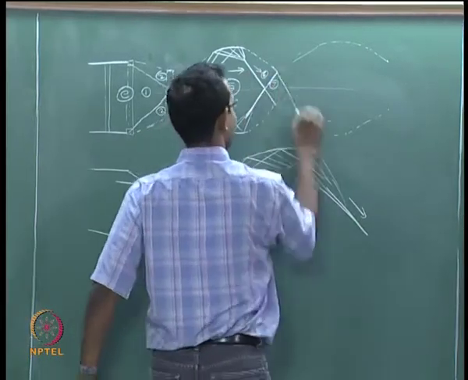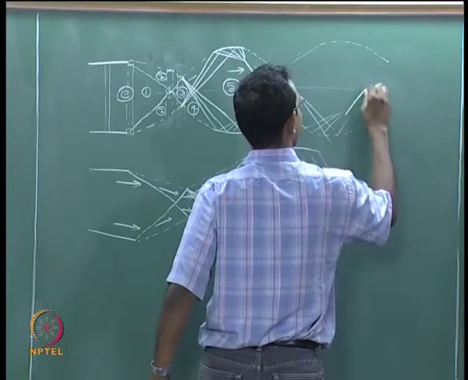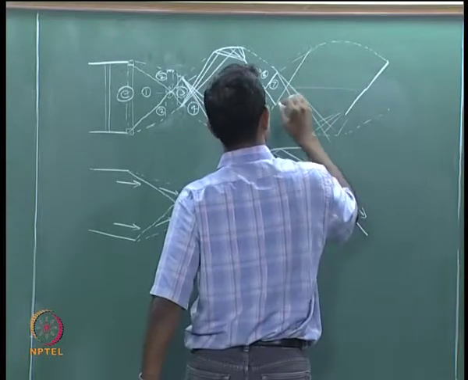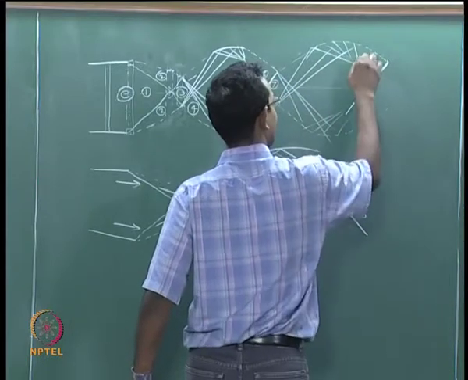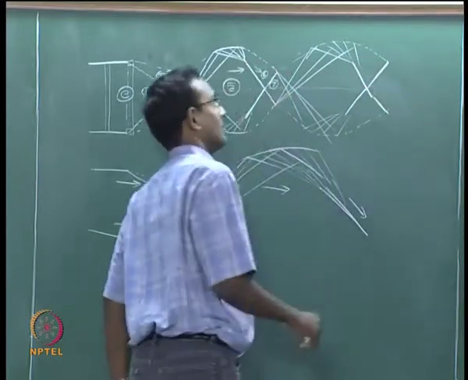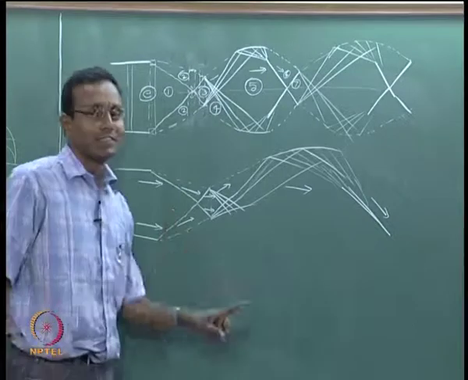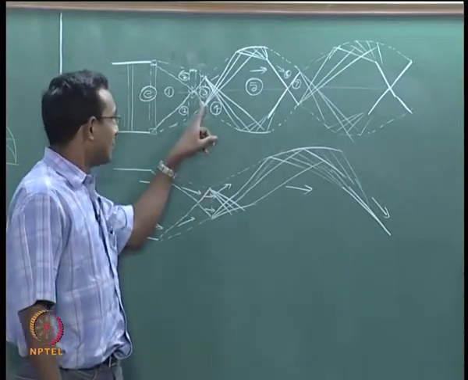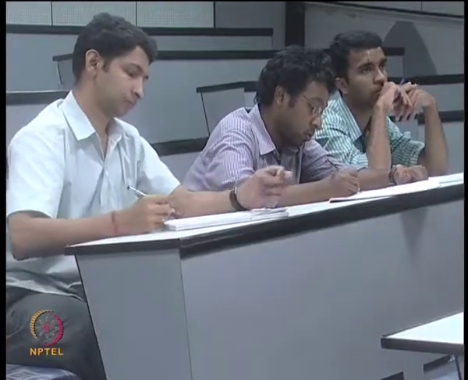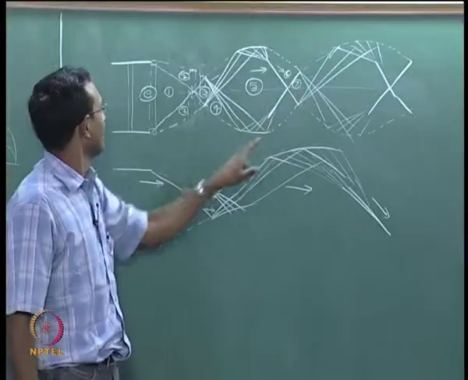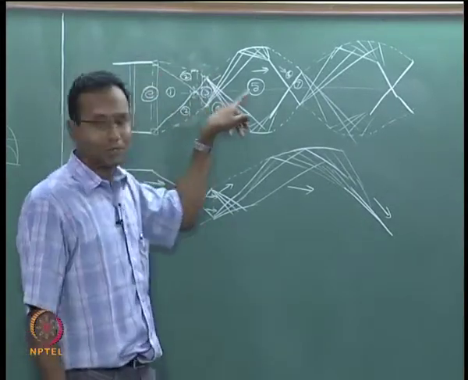If I look at what is happening inside, it is a whole bunch of expansion fans turning back to compression, forming a shock and crossing to that side. Same thing here, whole bunch of expansion turning back to compression, forming a shock and going to that point. That whole sequence happens again. If I want, I can label them again. In a very ideal world, the pressure at 3 and pressure at 7 will be the same. If I do not have any other losses, it will be an exact repetition, and it just keeps on going like this. It just goes up, comes down, goes up, comes down.